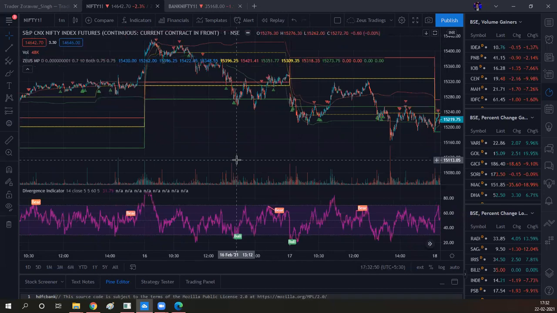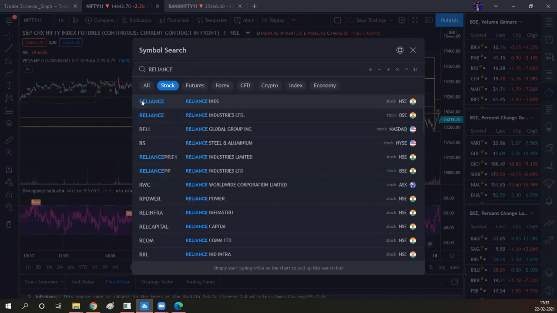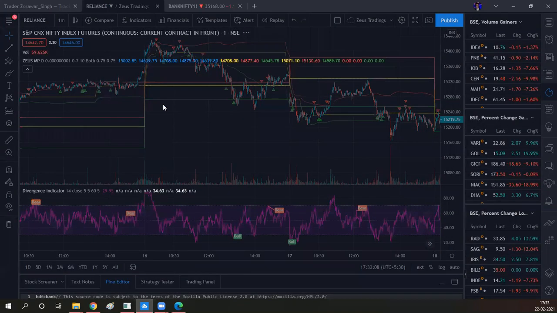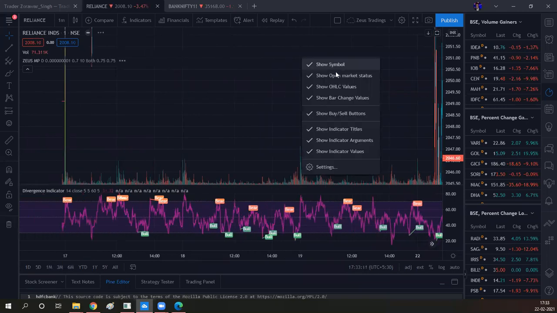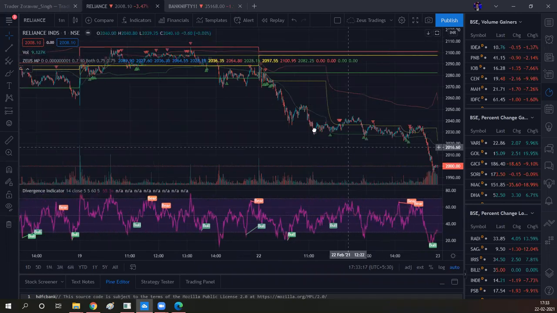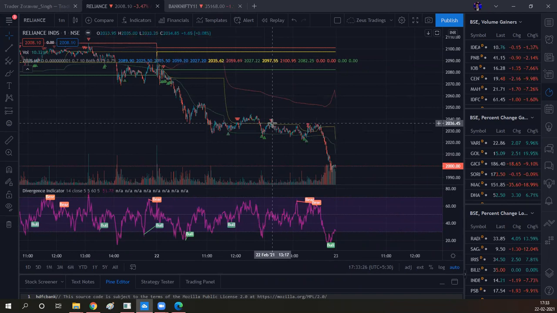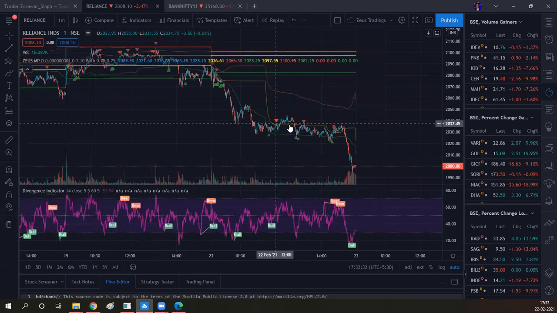So I want to also show you that this thing will work on a variety of scripts. It'll work on stocks. It'll work on, one second. Hold on. Okay, this is I think how it worked on Reliance today. Bearish day, of course, but nonetheless, most of the signals did move favorably well. Like this itself was about a 10-point move. That's like just like 0.5% on Reliance.